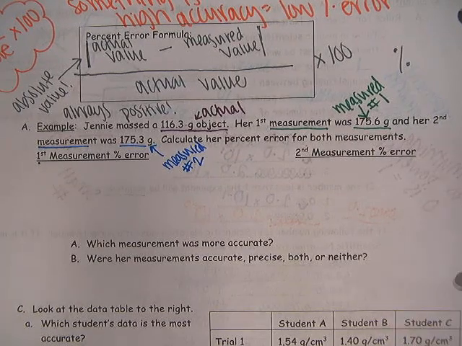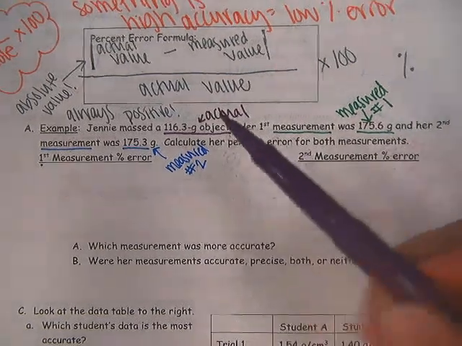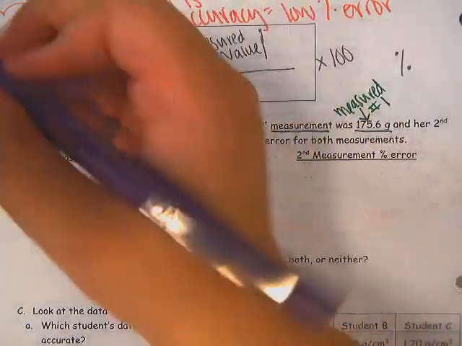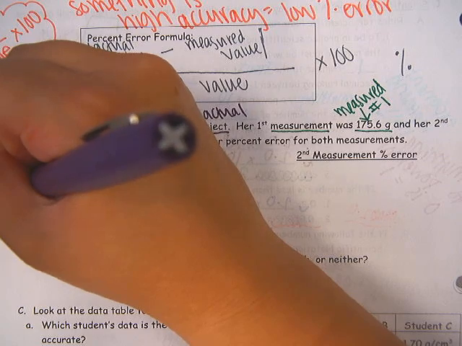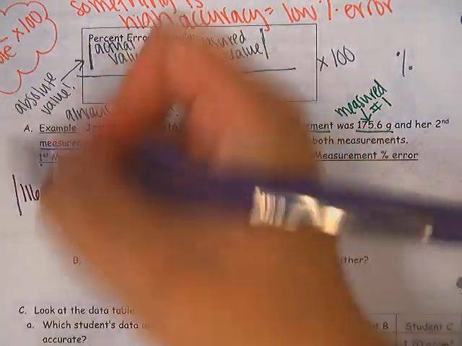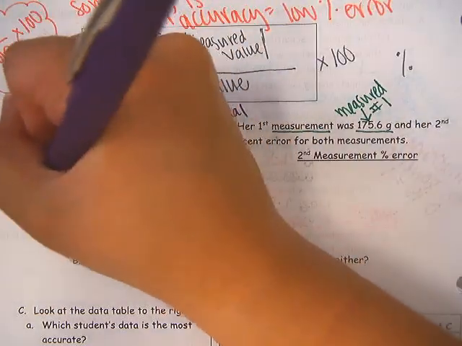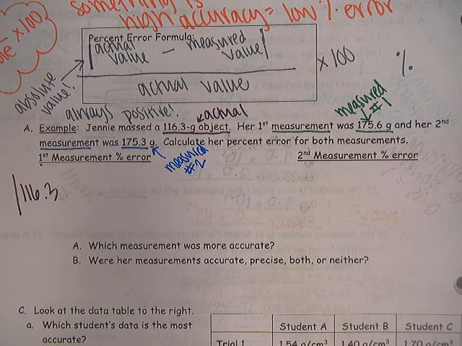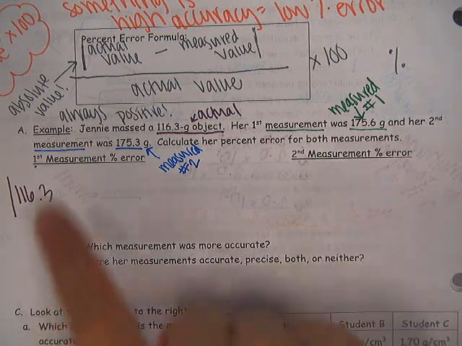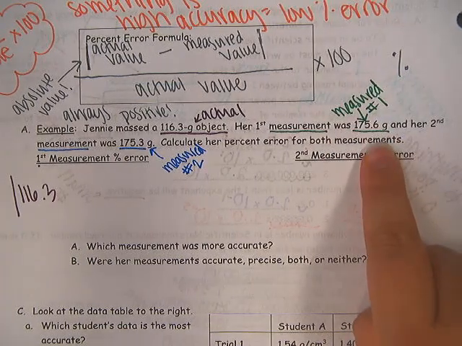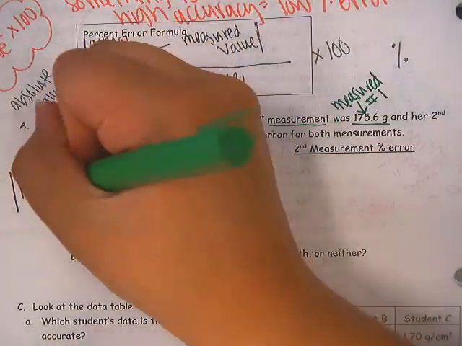So when we plug these into our equation, I'm just following exactly what it says. So it says actual value goes first. I'm going to put 116 and then use my absolute value, 116.3 for actual, minus measured, and this is the first measurement, so we're going to use the measured value from her first trial. So subtract from that